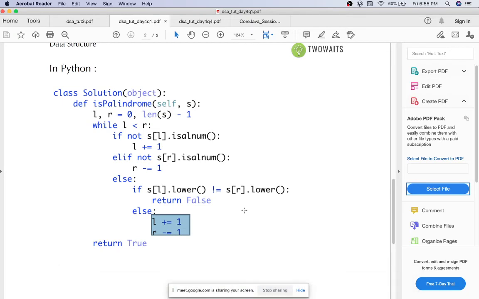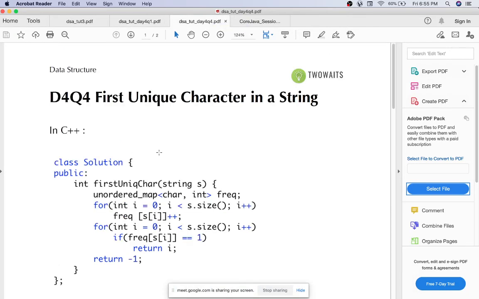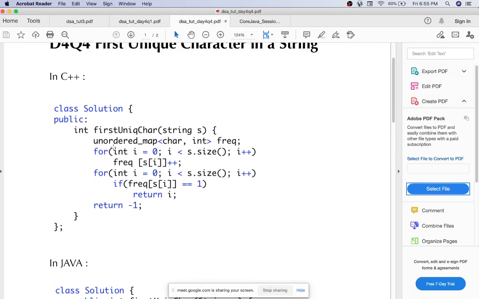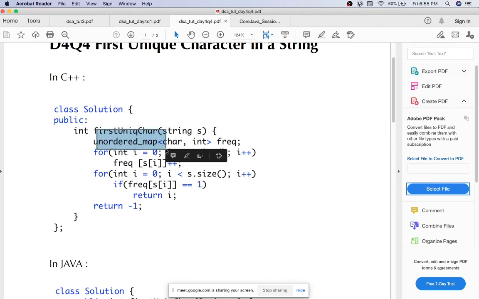So let's look at the code, what approach we have discussed. You can also use other approaches. I have taken an unordered map. You can also take an array with a fixed index, because there are only 26 characters. You can take an array of size 26 and put the indexes as 0 1 2 3, like A B C D, and just put the count value there. The frequency can be put.